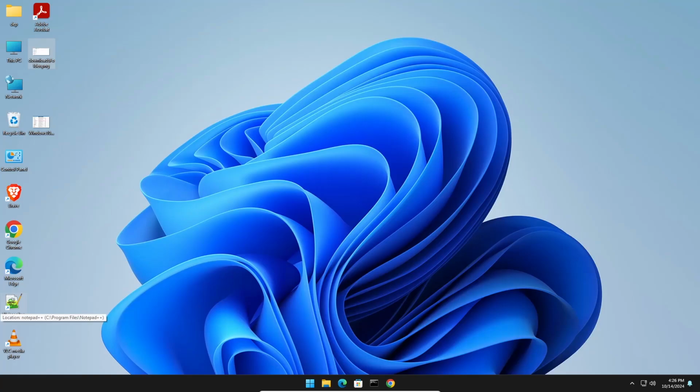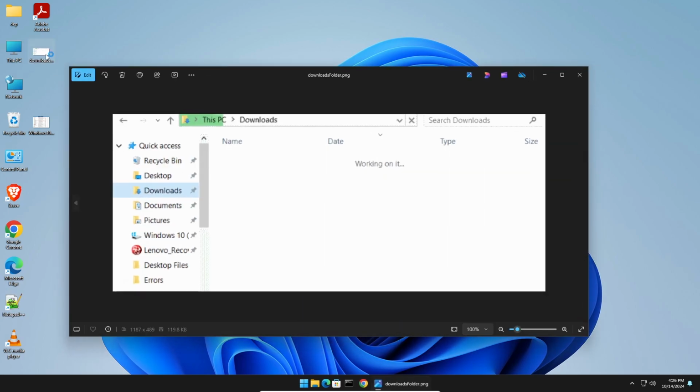In this video, I'm going to show you how to fix when the downloads folder is not loading. So how does that look like? This is basically when you try to access the downloads folder and it just says working on it. It never actually shows you anything in the downloads folder, and this bar does sometimes go to the end or